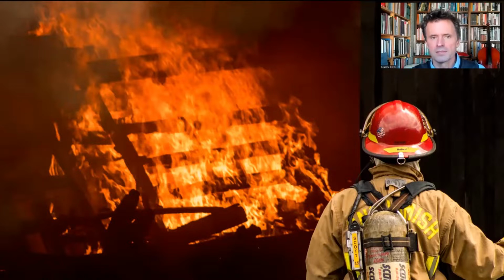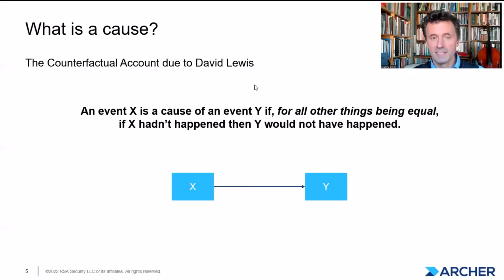But there was one account, due to the brilliant, if somewhat idiosyncratic, American philosopher David Lewis, that seemed not only more robust against the slings and arrows of his professional colleagues, but also entirely workable in a practical context. Lewis says, and I'm really paraphrasing here, an event X is the cause of an event Y if, for all other things being equal, if X hadn't happened, then Y would not have happened. This he calls the counterfactual account. The for all other things being equal here